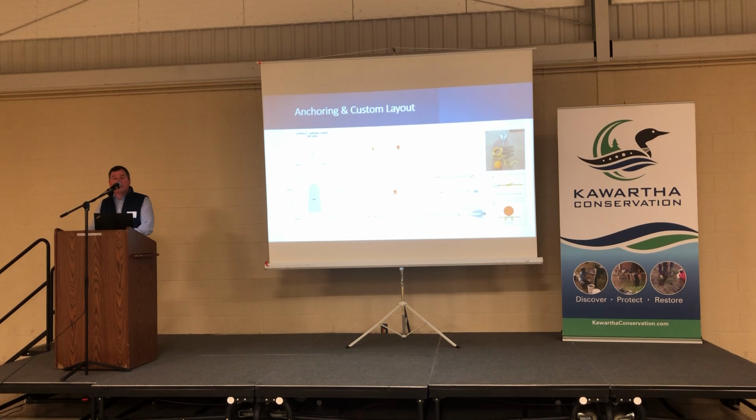Okay, looking at some of the different anchoring that we talked about a little bit earlier. In this case, using the Danforth style anchor with the chain, rope to the ball, and then you've got your floating barrier sitting just off the bottom. And then again, in this type of configuration, you've got the contained area in the middle. You've got a series of barriers around with 2 anchors on each curtain.